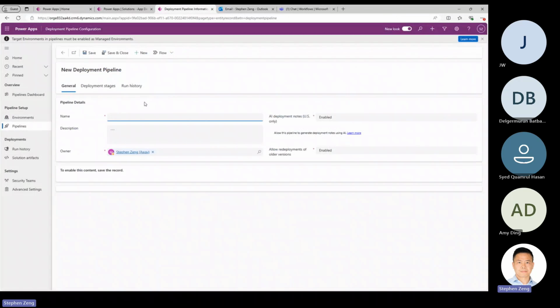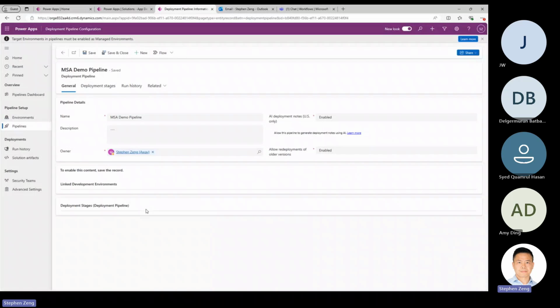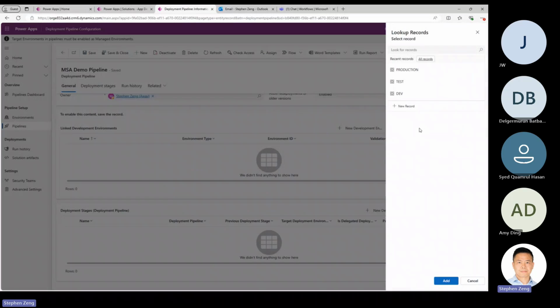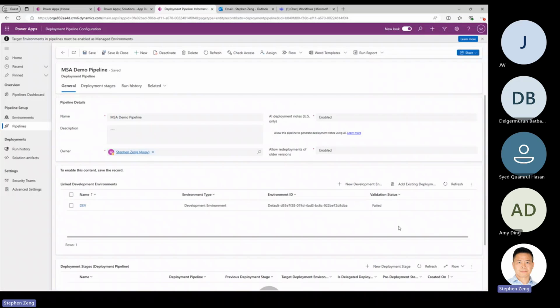Okay, so I'll give it a name, let's just say MSA demo pipeline, and I'll click save. Now, once I saved it, it'll show two more sections. Let me add or link the development environment and the deployment stages. So since I have already added the environment, I'll add the existing development environment, I'll click the environment, and then